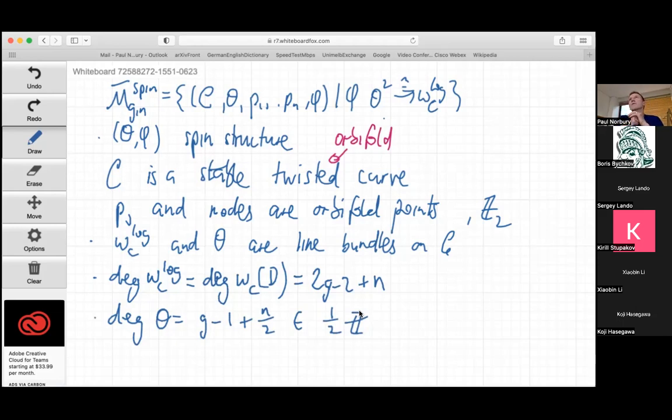Just think of divisors, say, and usually you count your points. Your degree is just the sum of the integral coefficients of your points. But now the orbifold points count as a half. So divisors, at least maybe you can believe, have